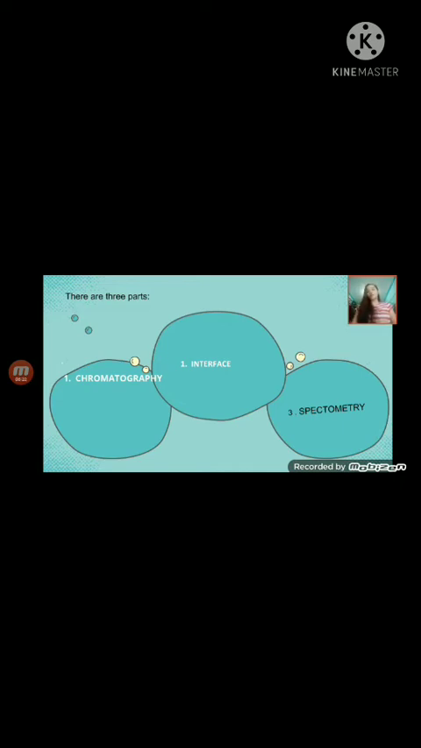Next is the interface. In liquid chromatography, the separation is performed and the components are detected with the help of the photodiode array, then transferred to the interface. An interface is